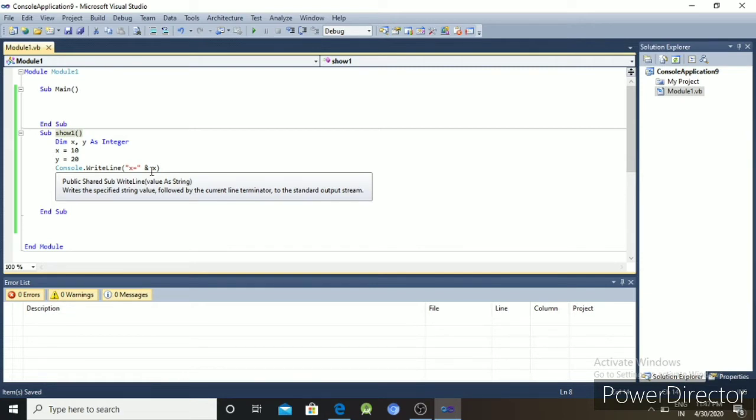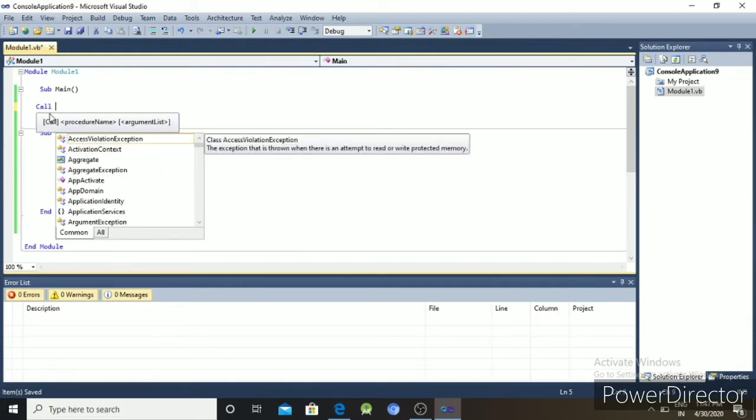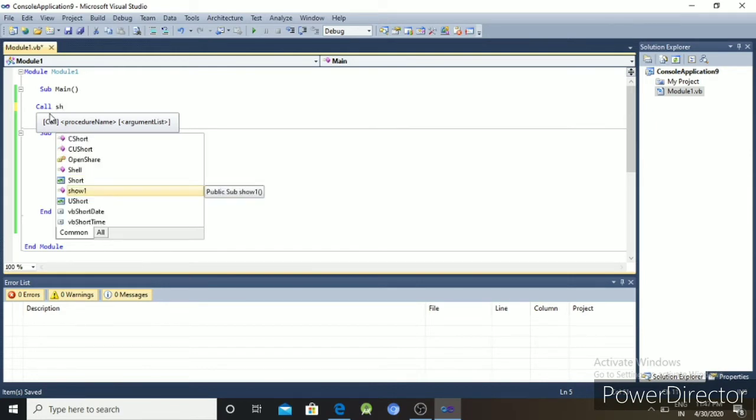We can call sub-procedures any number of times. That is the advantage of writing procedures in programming. Once the procedure is created, we have to call it using the Call keyword. So we write Call, then the procedure name Show1.